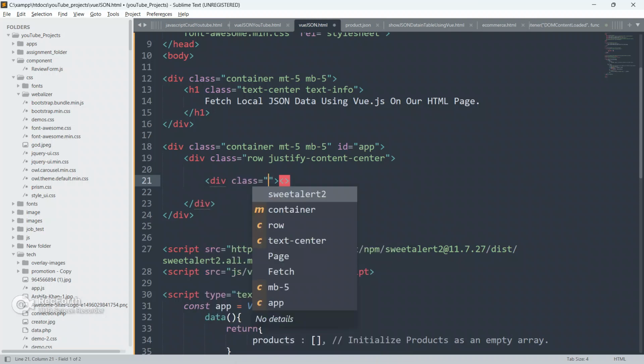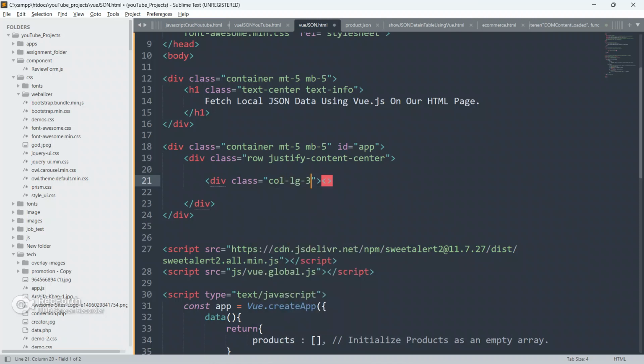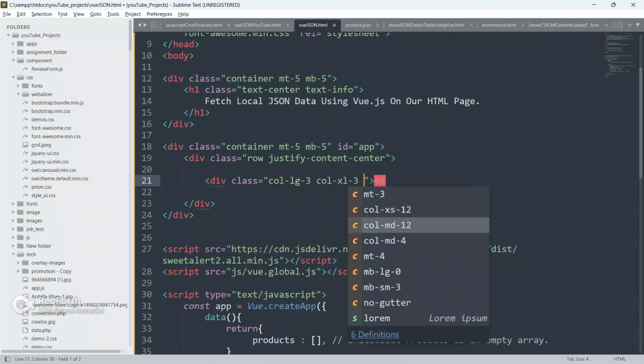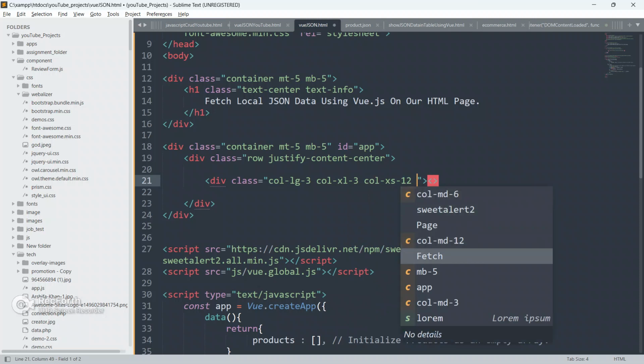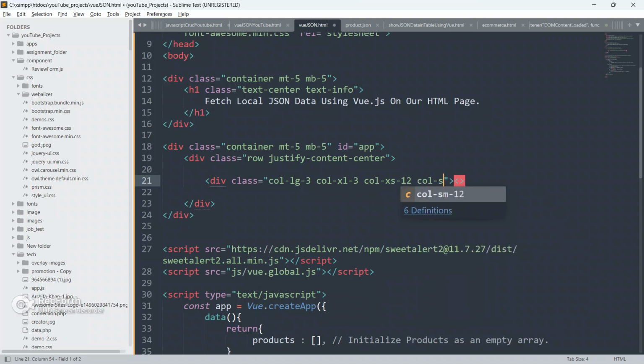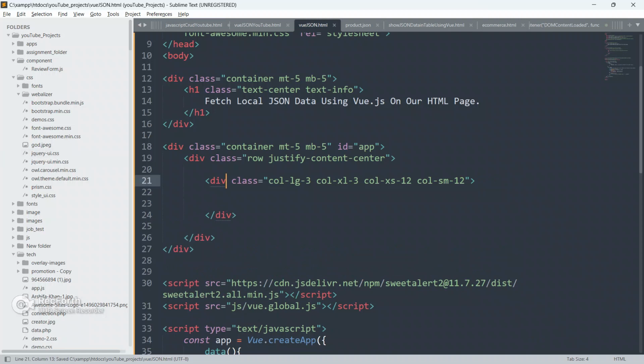create another div and give it a class of col-lg-3, col-xl-3, col-xs-12, and col-sm-12 also. Okay, so close this div first, and guys, now I'm going to use the v-for directive on this div only. So I'm going to do v-for equal to